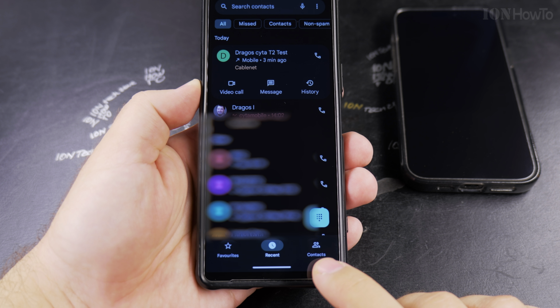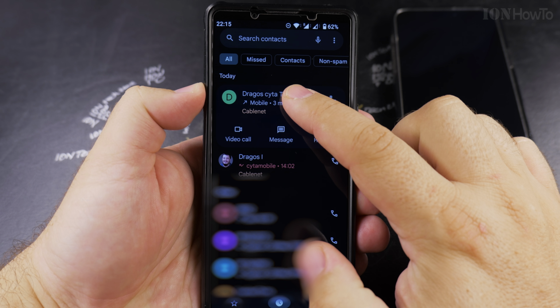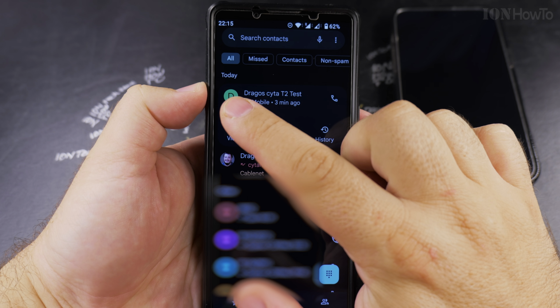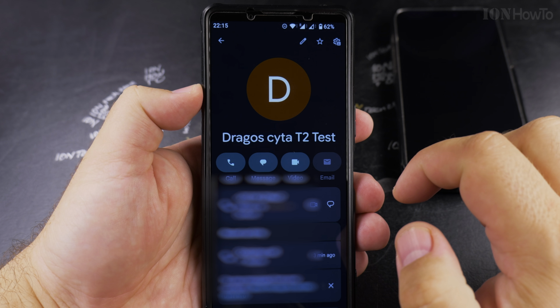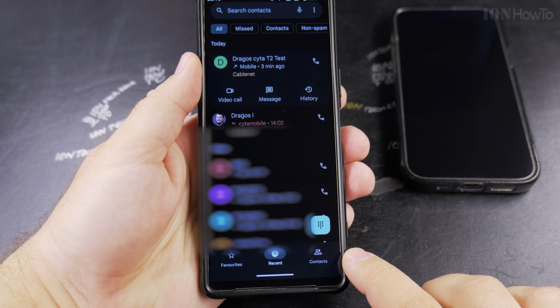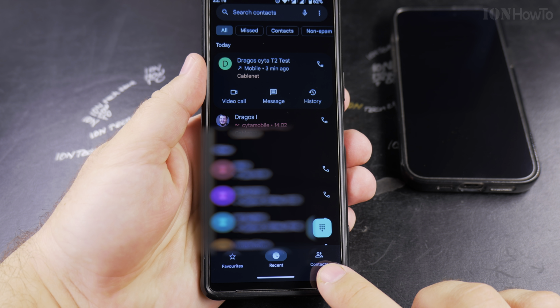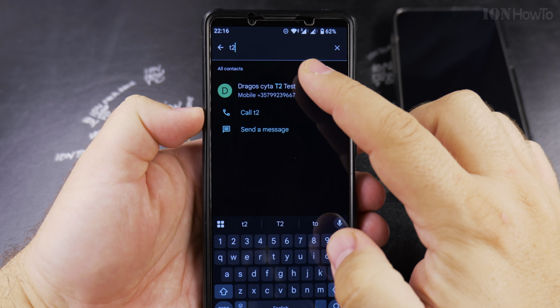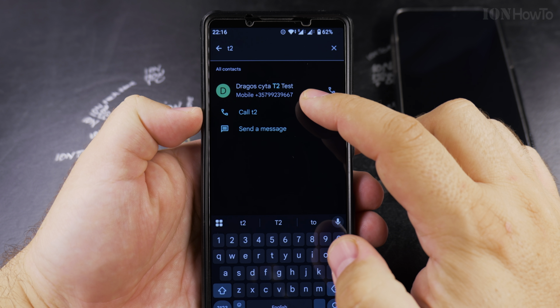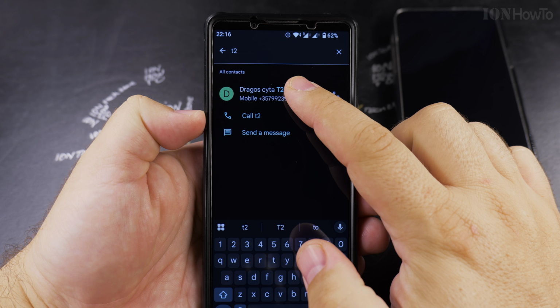and you can search for a contact in recent or in the contacts. This is the contact I want to change, and I could tap on the profile picture there. It takes me to the contact page. I'll show you also how to find it in the contacts using the search option. In the contacts, you can search for a part of the name, and here it found it,